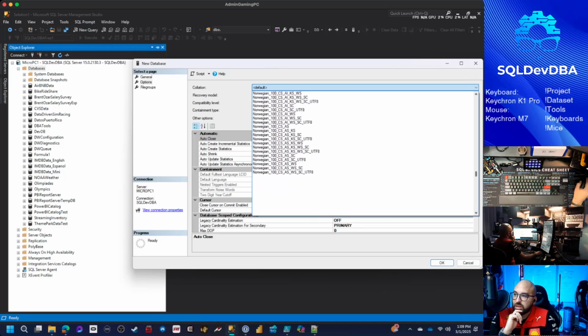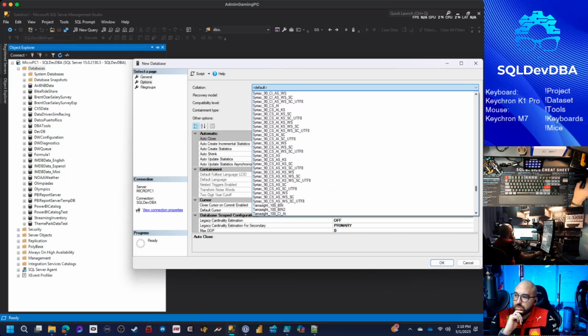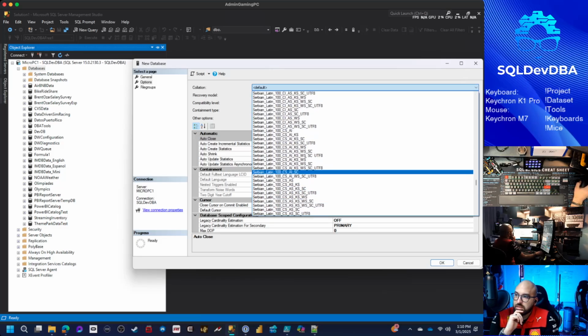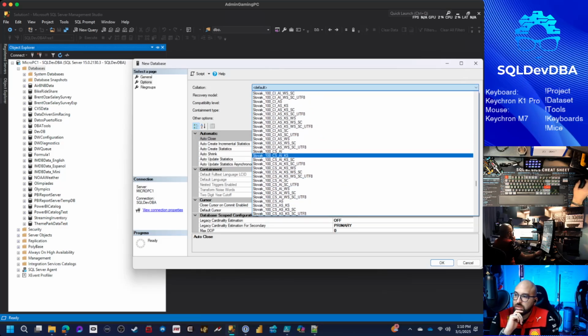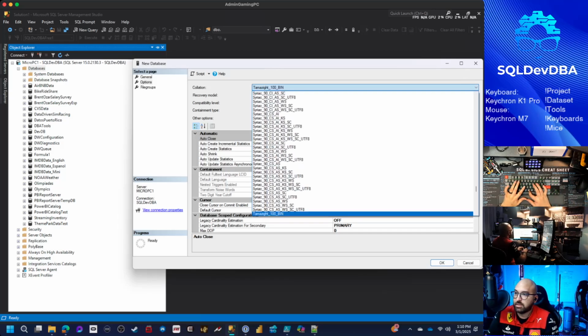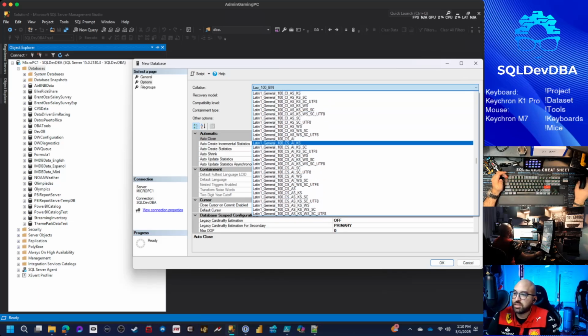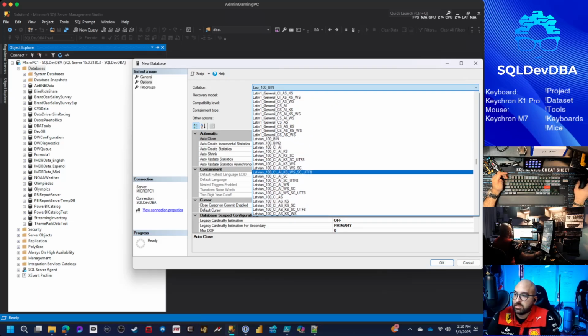I always forget what this is. Finnish, Danish. Oh my God, where is it? Cyrillic, Slovenian. I thought it was like SQL Latin. Or is it Latin SQL? Latin, Laos, Latin general, CS,